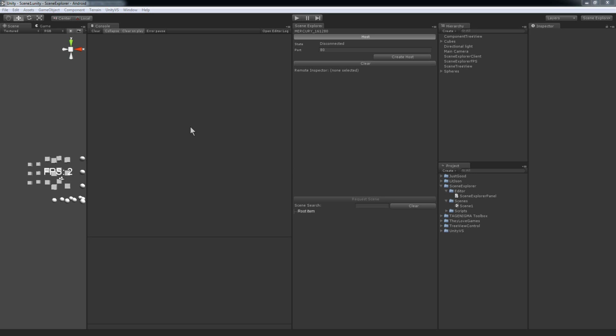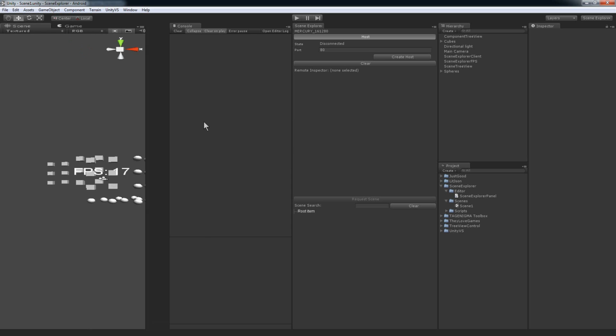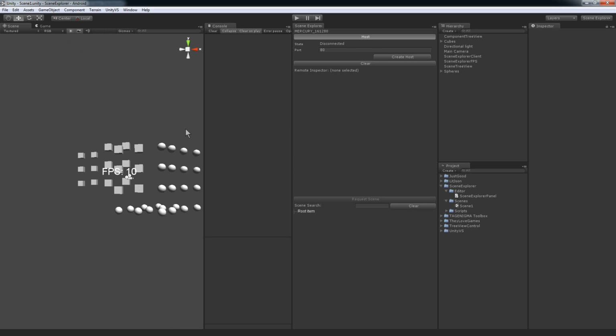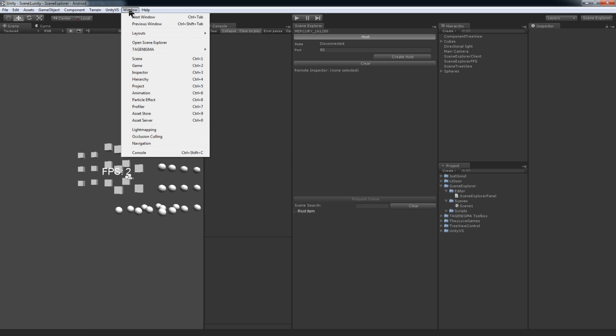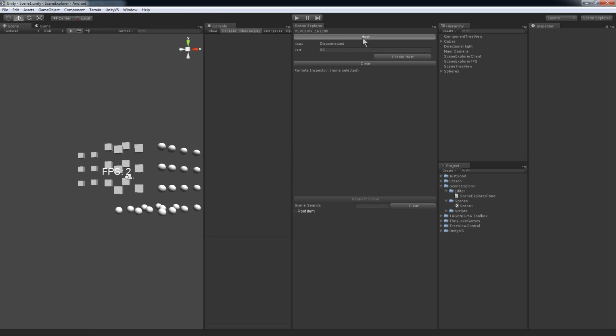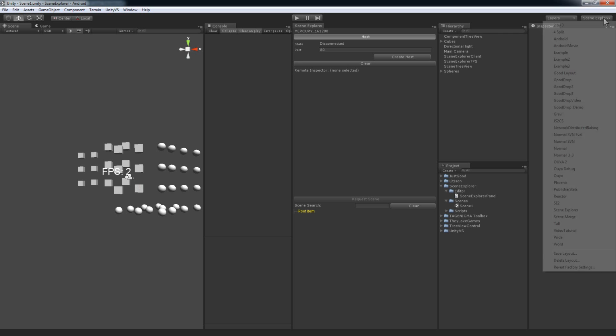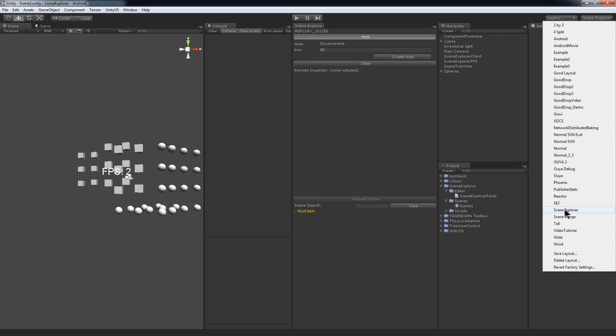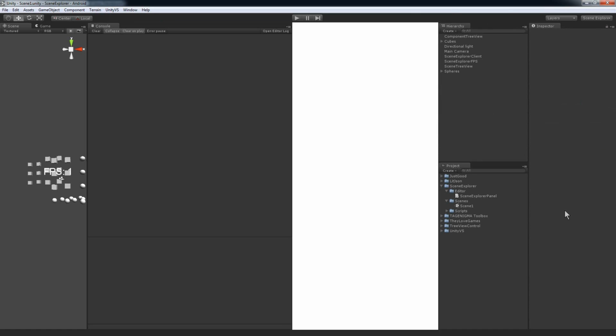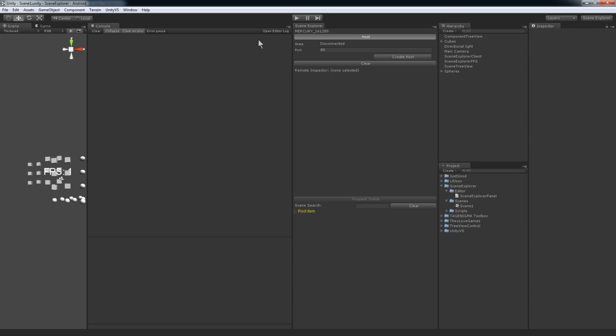Okay, so this is a package that lets you remotely activate and manipulate things on a remote scene. And here I've got it open in Unity 3. Basically, open Window, open SceneExplorer, and you get it here. Now I've just saved it into my layout because I like having quick layouts that I can switch between. Alright, now this comes with example scenes, and I'm just going to switch to scene 1, and then